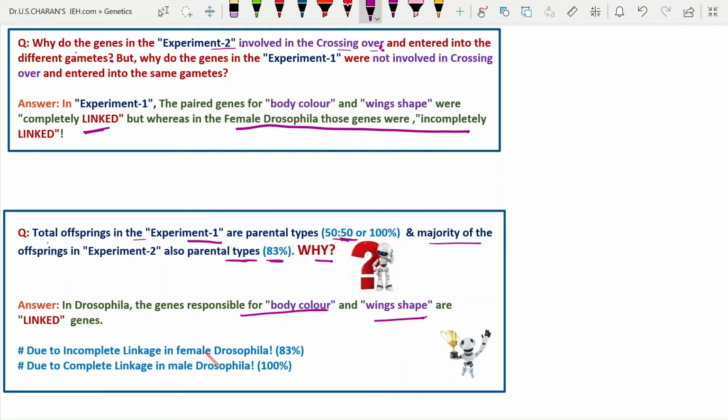In the female Drosophila, these linked genes are somewhat incomplete. That's why they formed only 83%. The remaining 17% are genetically recombined. New genotypes are formed. But in the male Drosophila, these genes are completely linked, so they formed 100%